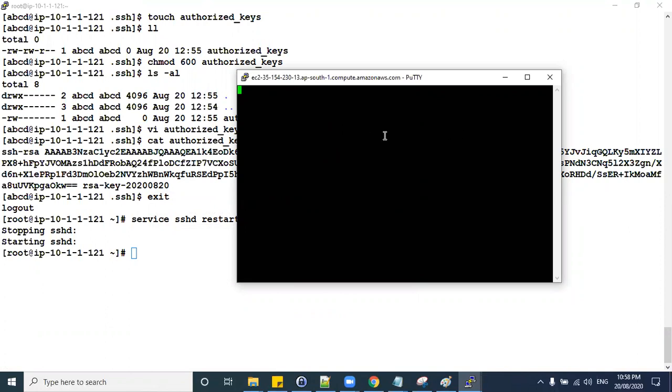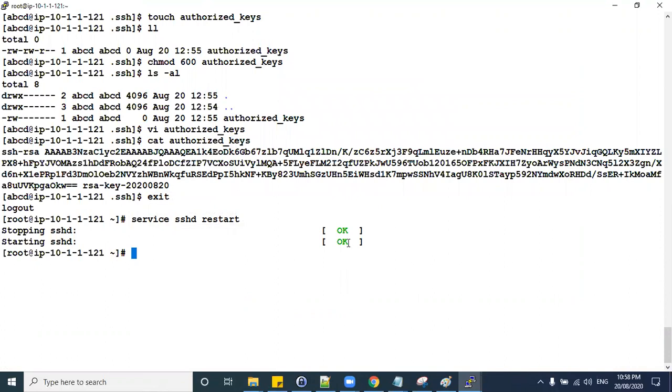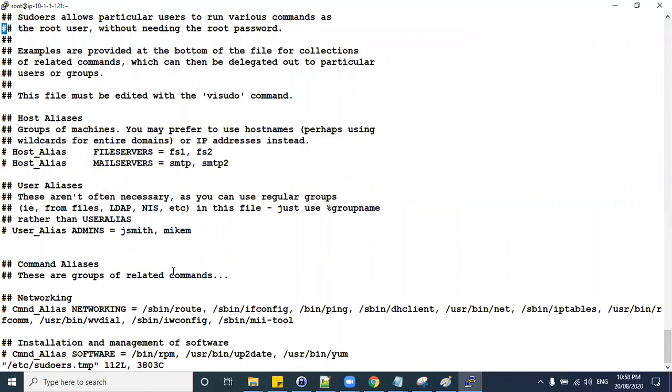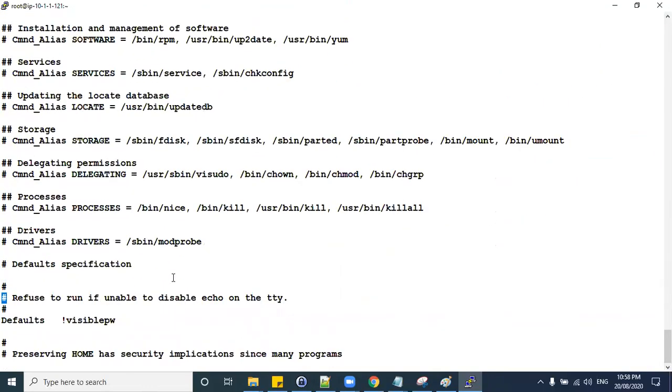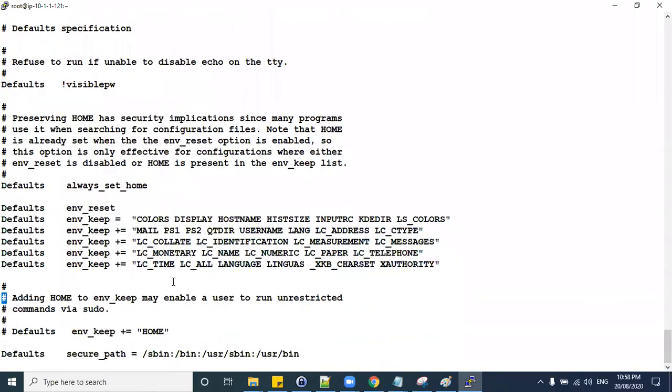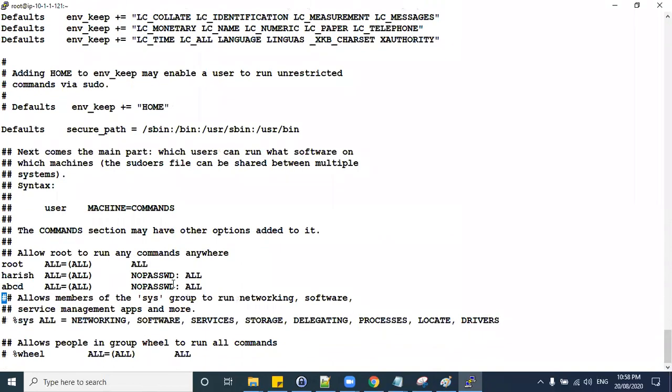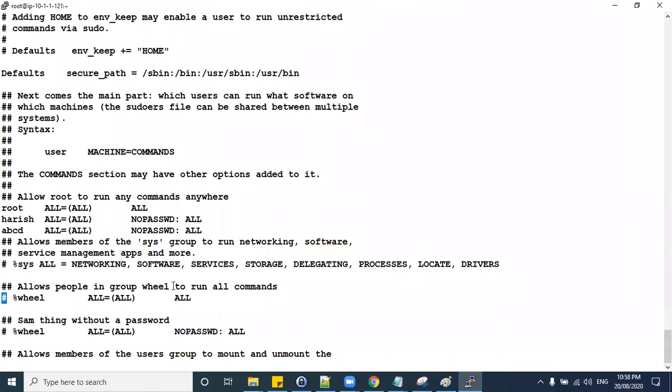Okay, let us check in the sudoers file. visudo. Same thing.